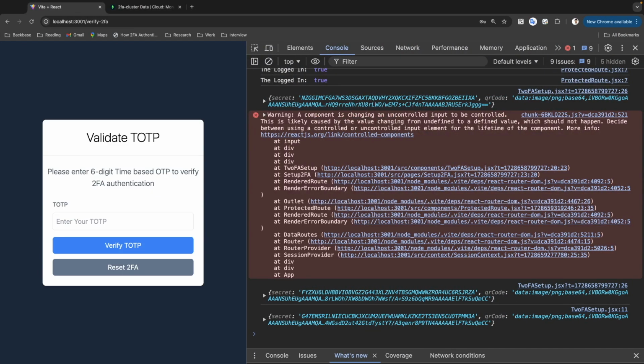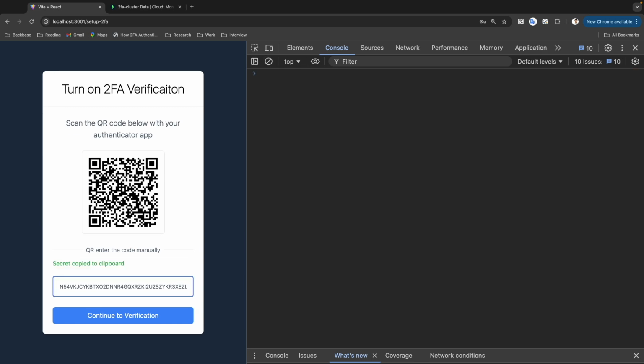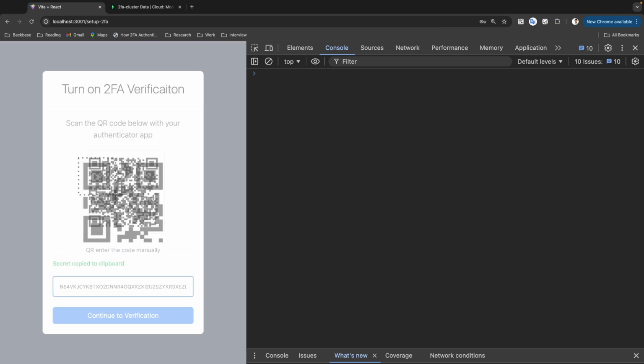I will click on verification. I still did not scan the QR code or manually copy the secret, so I have to reset again, and this time you see that there is no broken image. The first part is that either you click on it and the secret is copied. You can go to any authenticator app. I am using this one. Either I can just scan it, or the other option is